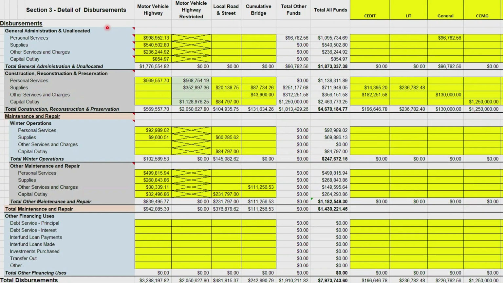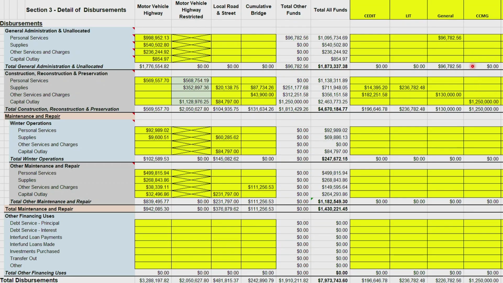On the disbursements, you can see here, I'll start here with the NVH restricted. They have nothing in the overhead, nothing in the winter operations and maintenance, but they have some disbursements in the construction, reconstruction, preservation, like you would see based on statutory requirements for NVH restricted. In their unrestricted account, they're paying for some personal services, supplies, and some of the overhead out of their NVH unrestricted. And then also we'll mention the Community Crossings Matching Grant Program, and it is in the construction, reconstruction, preservation